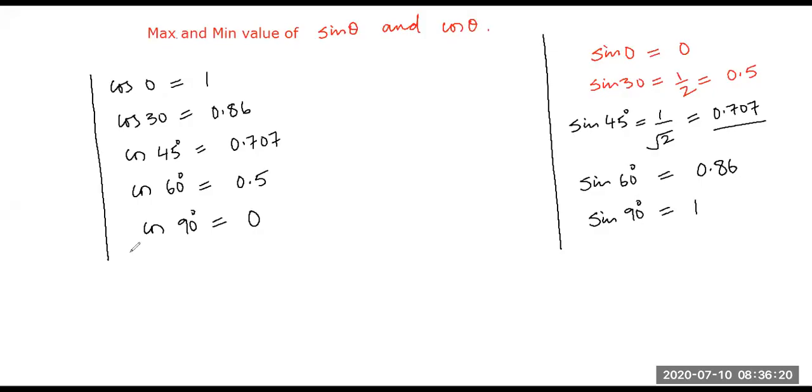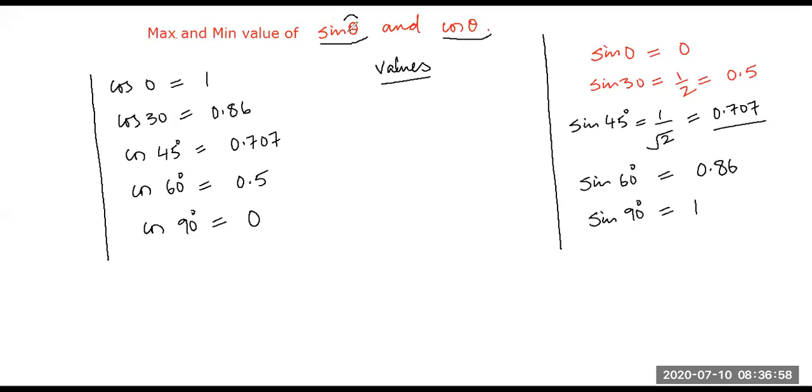So, students, today let's discuss what is the maximum and minimum value of sine theta and cos theta. Well, we all know sine of angle theta and cos of angle theta are basically trigonometric ratios, and they are nothing but values. If we say sine theta, theta can be anything, it can have any value. Similar with cos theta.